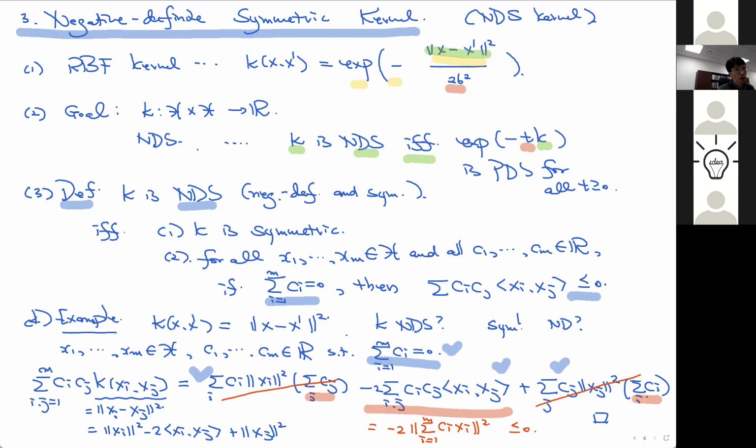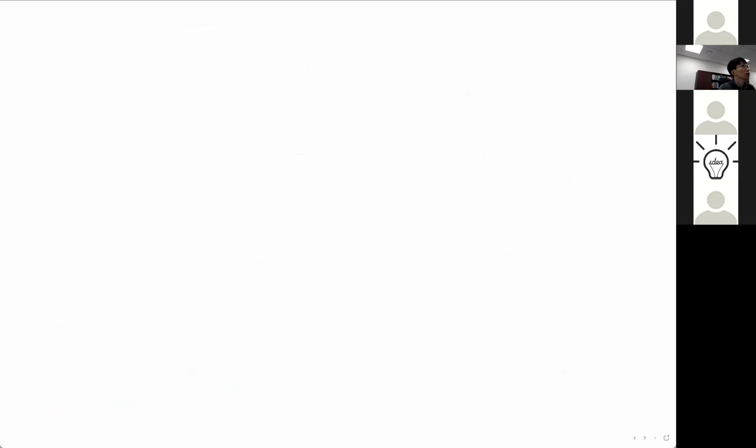Okay, so that's an example. Then what can we do? Okay, so here's some theorems. Here are three theorems in the book that I want to talk about. The first theorem is a bit technical, but it's